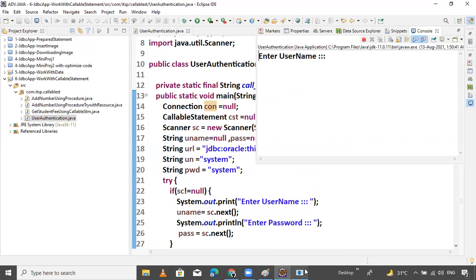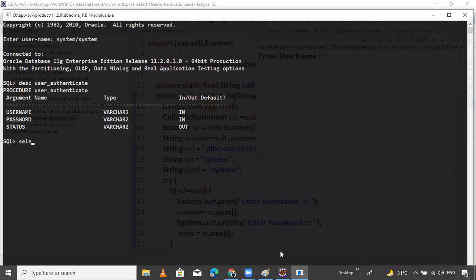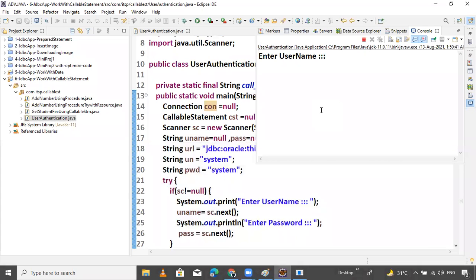First, select star from the table, the table name is user one, I think. Yes, Rama, Ramesh and Ram are there. Just enter Rama and Rama. Okay, let's check it out.